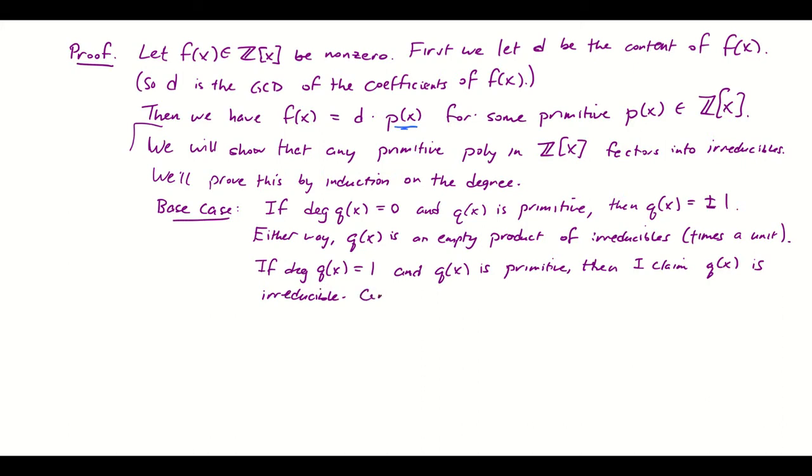Certainly it's not a unit, because how are you going to multiply a degree 1 polynomial by anything and get back to a degree 0? Not going to happen. So it's certainly not a unit. So if it did factor, if it equaled a of x times b of x, with a of x and b of x both non-units,